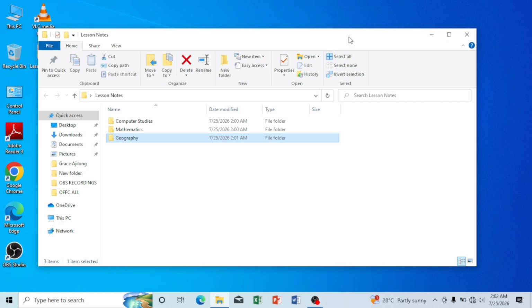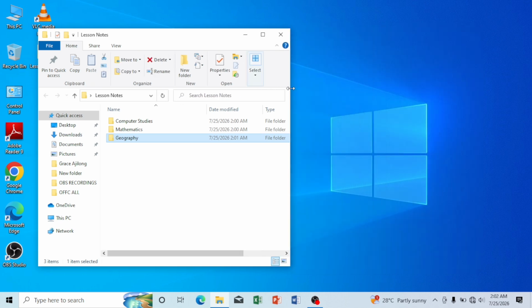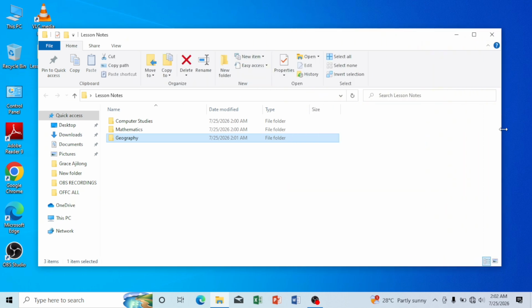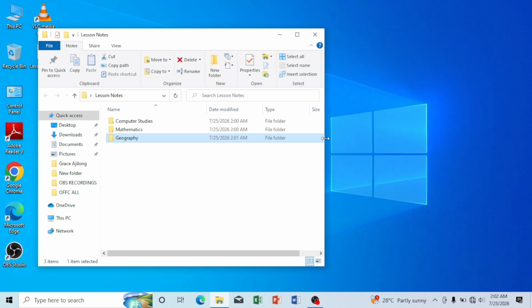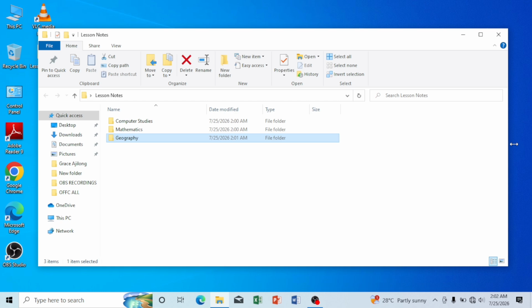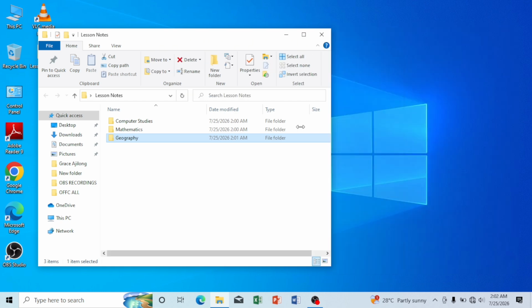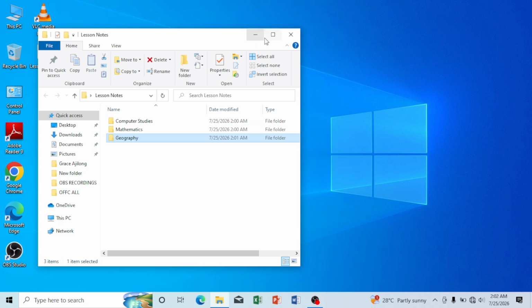So you see that the window which is open is just occupying a specific portion of the screen, which I can even reduce by simply dragging it to the left or to the right. But in order for me to be able to do that, I simply have to point at the edge of the open window. Once I point at the edge, a double-sided arrow will appear, and that arrow is prompting me either to drag it inside to reduce the size or to drag it outside to increase the size of my open window. So once I drag it inside, it means I have reduced it,